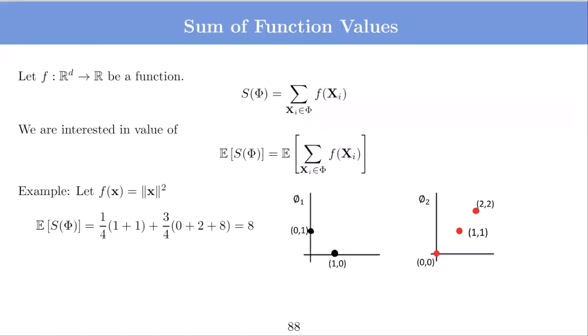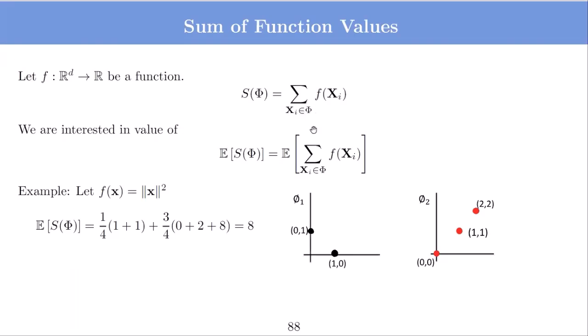So we now talk about sum and product over points of a PPP. So let us see first the sum of function values. Let f be a function from R^d to R. So it takes one location and gives one value. So every location will have some value. And if I want to compute the sum of this function over all points, what I am going to do